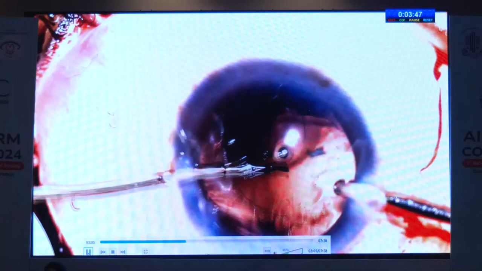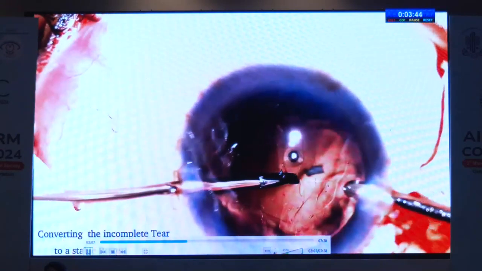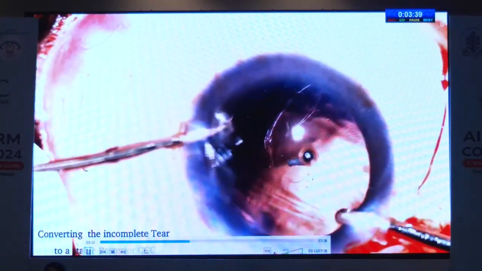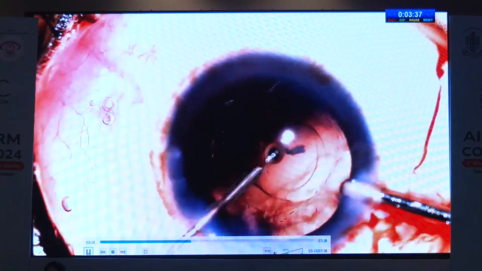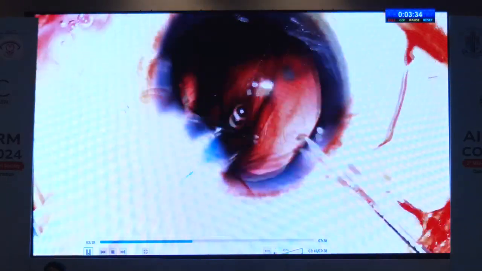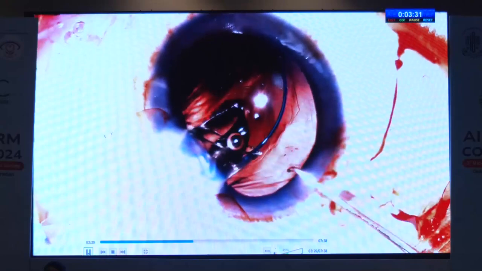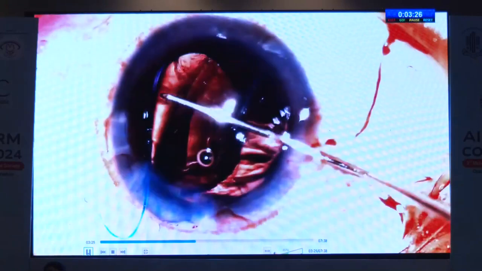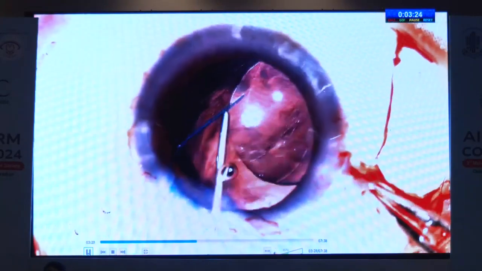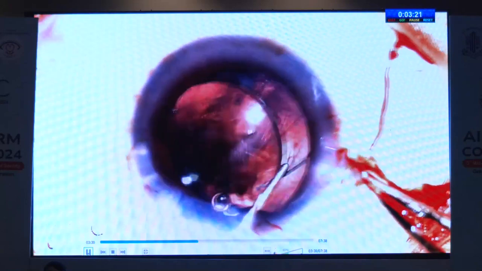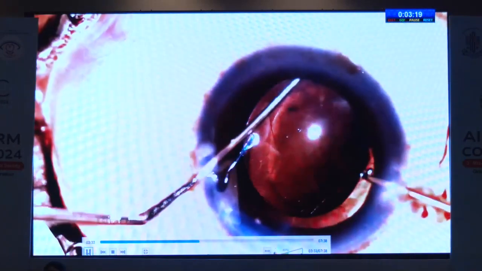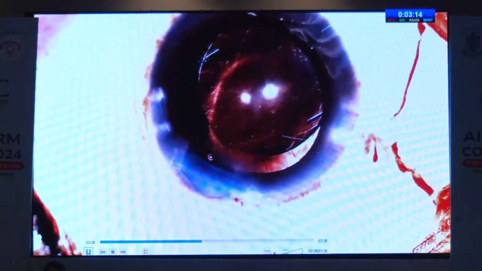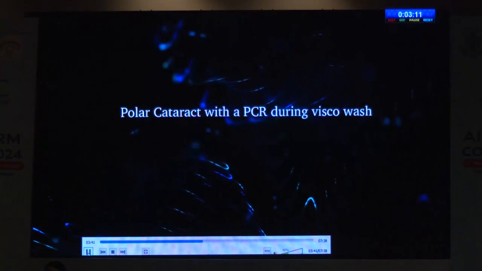Now, when you're left with a situation like this, polar or otherwise, you have to stabilize the opening before you do anything else. So with the help of an intraocular forceps, even I was surprised, this was my first, I just converted it into a stable opening, after which you have an option of either putting an IOL in the bag or putting in the 3-piece IOL in the sulcus. I think I managed to put it in the capsular bag here, I think so. Yeah, no. It's in the sulcus, and now I perform a posterior optic capture where you just dip each side on either side and you've got a stable bag.